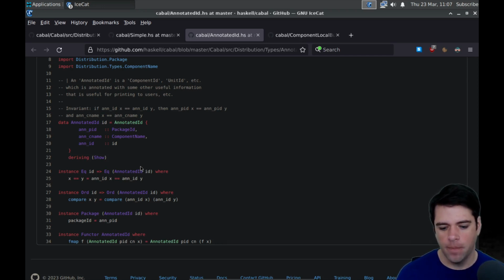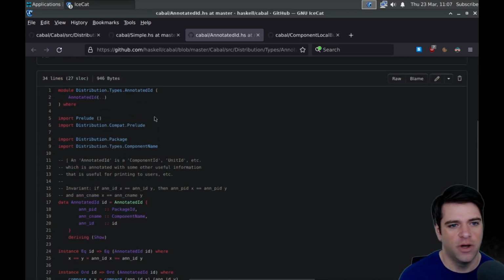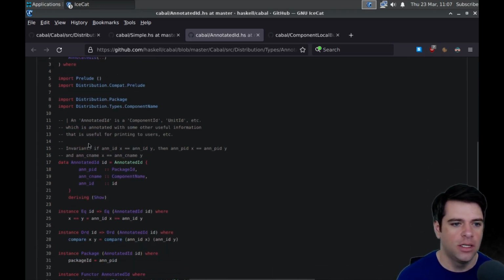Or, in general, it's probably more general than that, but you have some graph, right? You have nodes that are connected in some configuration, and you want to do things like call a function once per node, which I think is just essentially the visitor pattern. Or you want to annotate a node, so you want to add metadata to it in some way. And I think that annotate ID is basically functionality to annotate the graph in some useful way. So let's just do a sanity check and see if that seems right.